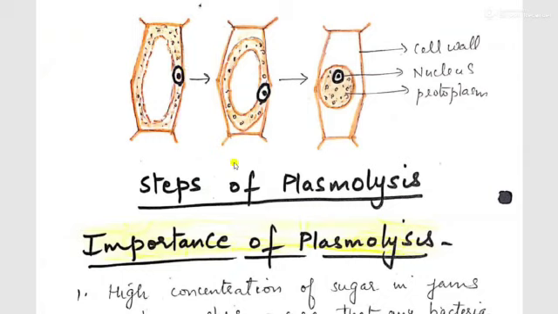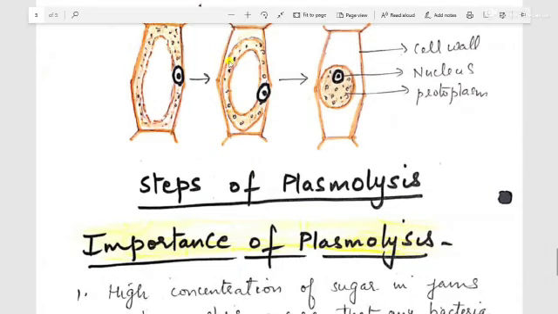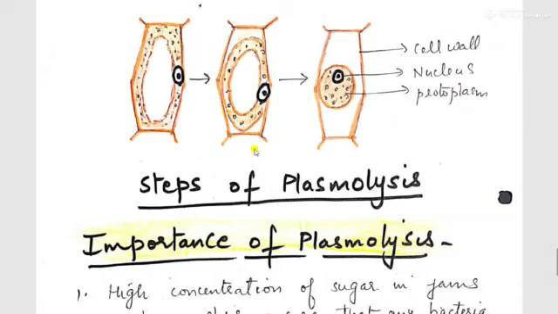the protoplasm is coming out of the cell wall. This is a plant cell, so it has a cell wall. So the protoplasm leaves the cell wall and comes in the central place. Ultimately whole of the protoplasm has come and made a round structure in the center, because the water from the vacuole has been removed out because of the exosmosis. Water has come out of the cell, so slowly the whole protoplasm moves away from the cell wall and comes into a round mass shape in the middle. So such type of cell is called a plasmolysed cell.